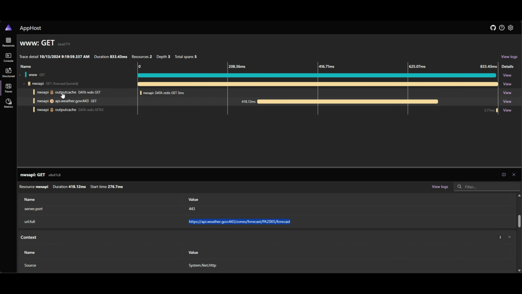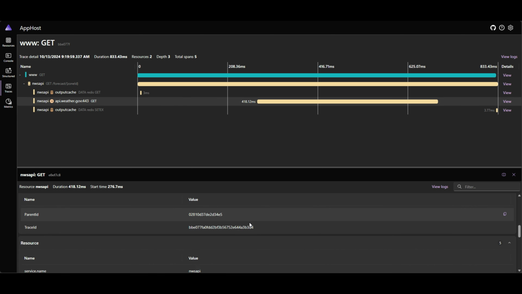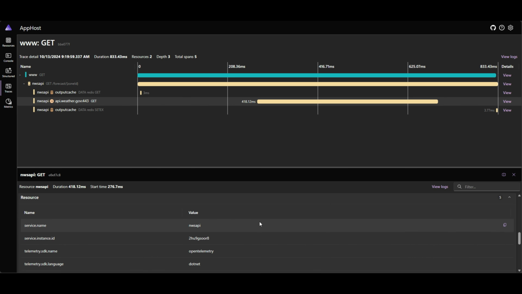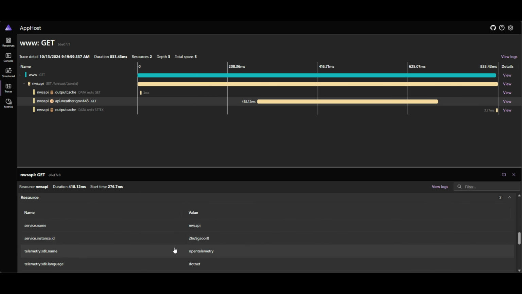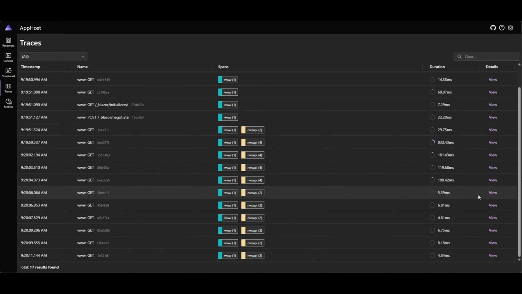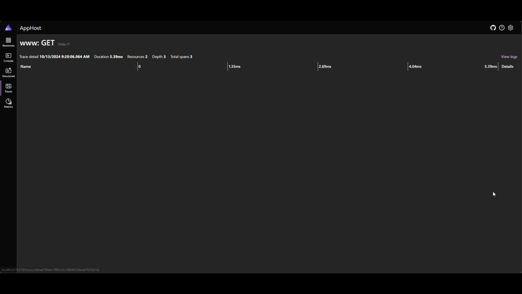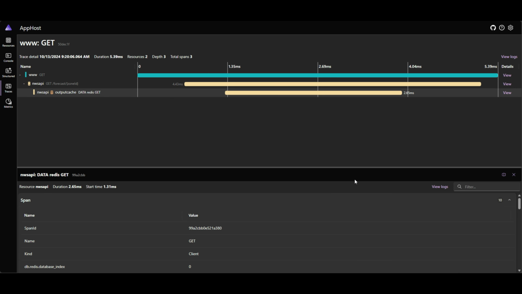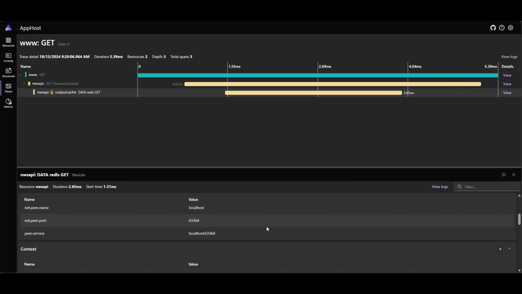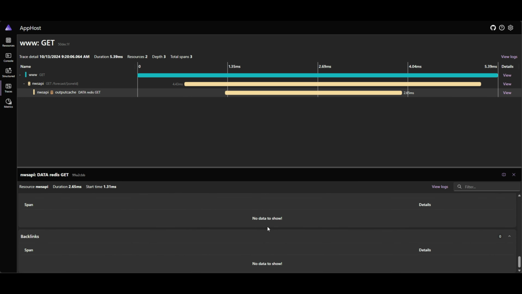Further, if we scroll down a little bit, here we go to one of these, and the API is trying to get a specific forecast, and it found it in the Redis cache and returned it. All right, now it's becoming more interesting. Now I've got a full view of my website being interacted with. It's interacting with my API. It's getting data from the third party service, and presenting and interacting with it in the cache.